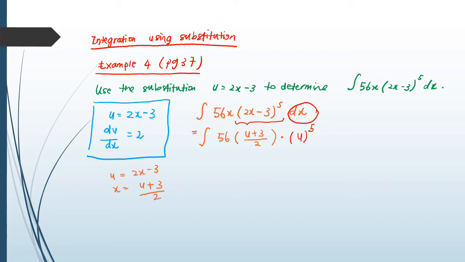Check this out. du over dx is equivalent to 2. If I rearrange this, I should get dx equals du over 2. Substitute dx to be du over 2, and you will have the whole integral in the form of u. Simplifying this would give you